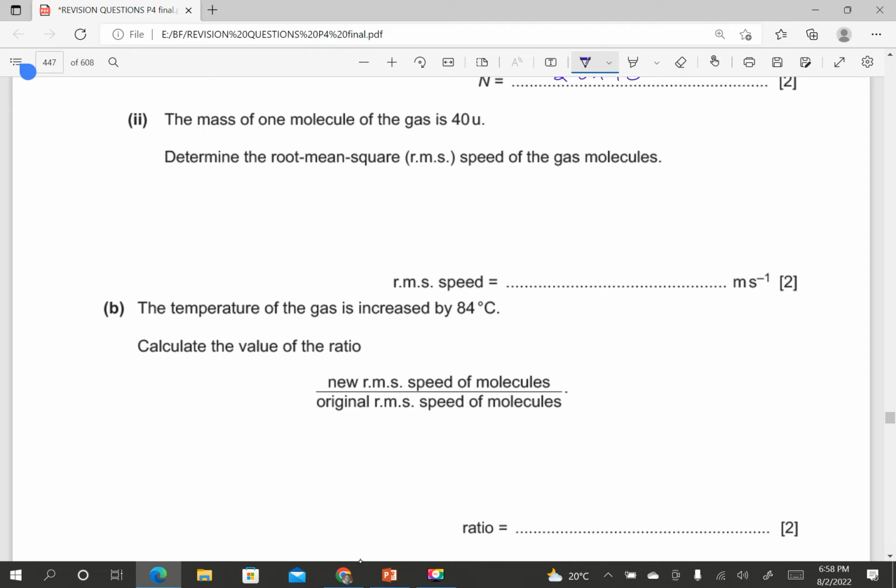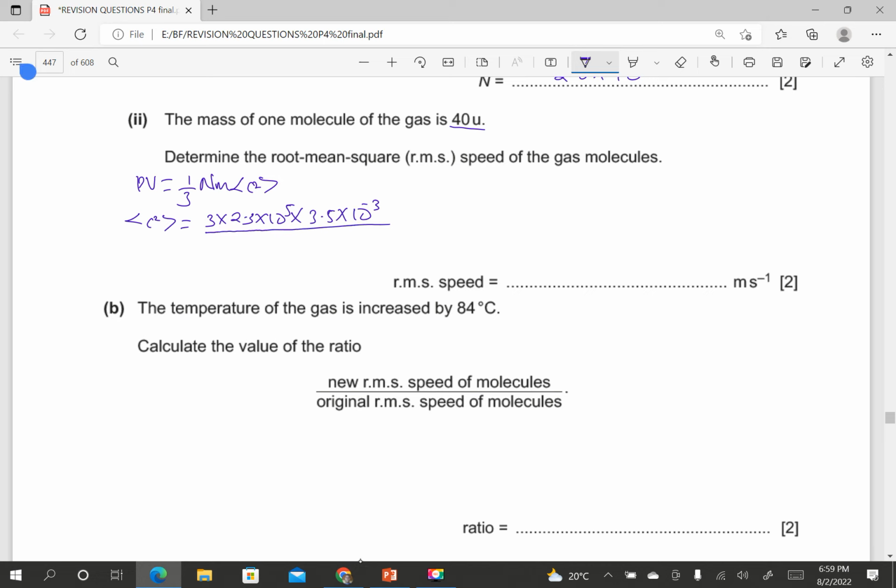Then the mass of one molecule of the gas is 40 U. Perhaps that is argon. Determine the root mean square speed of the gas molecules. So let's find this using the simpler expression given in the list of formula. PV is equal to a third N times m times mean square speed. So I can find the mean square speed first, which will be 3 times the pressure. The pressure is given as 2.3 times 10 power 5 times the volume, which is given as 3.5 times 10 power negative 3,